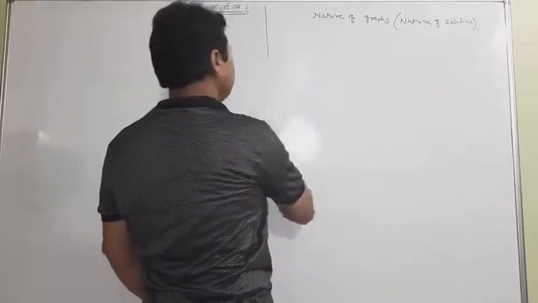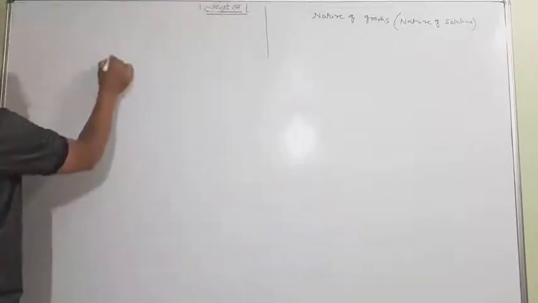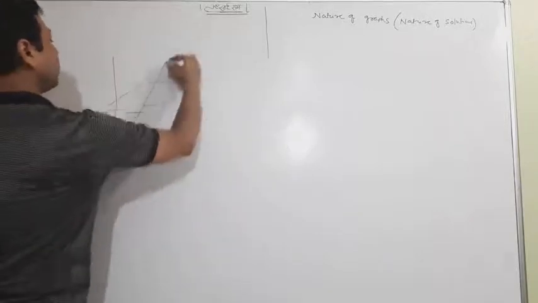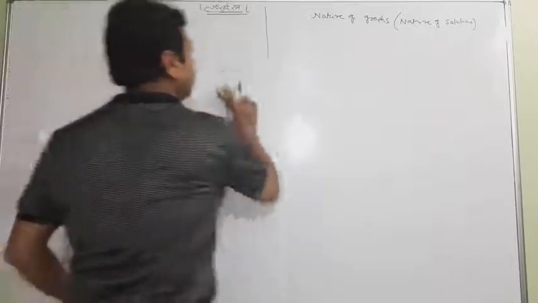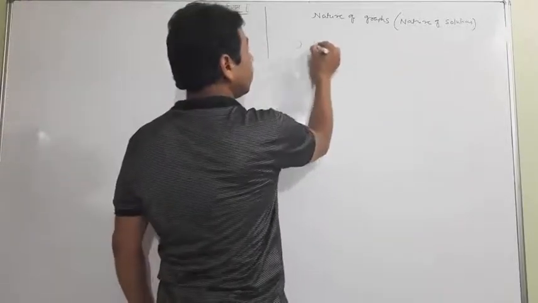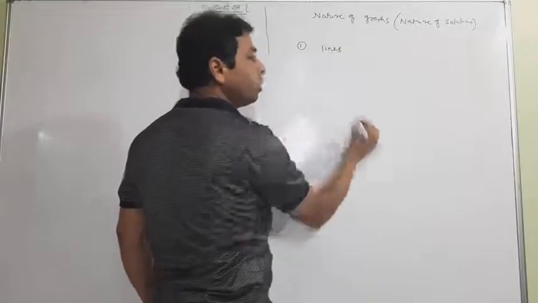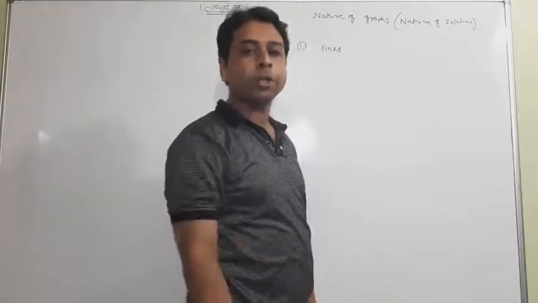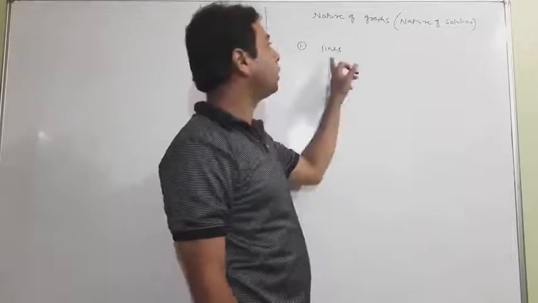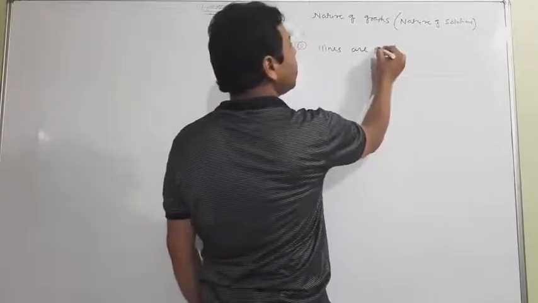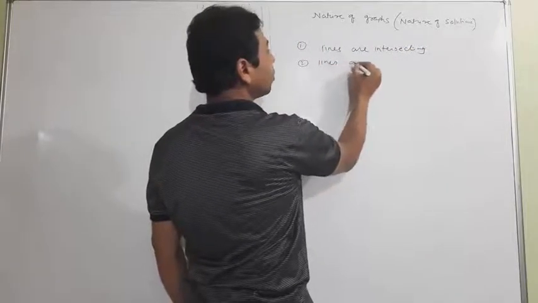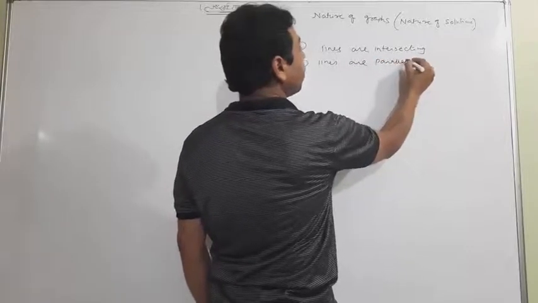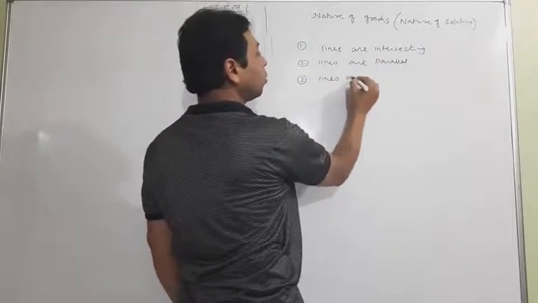Let me say that you saw yesterday when I made the graph, it was like that, and I taught you that it is intersecting, and at that time I introduced that graphs may be of three kinds. I am using only lines, because when we talk about a pair of linear equations in two variables, it is always a line. So lines are intersecting, when lines are parallel, or lines coincide.